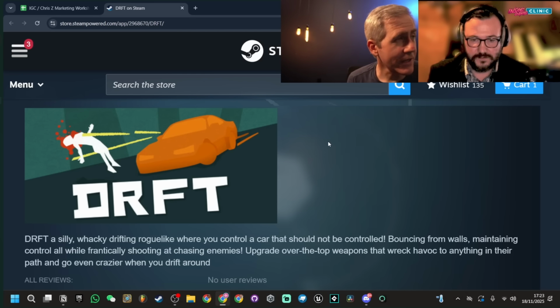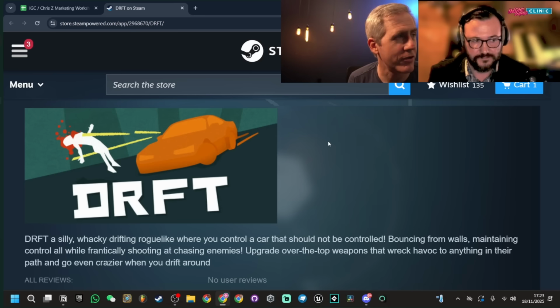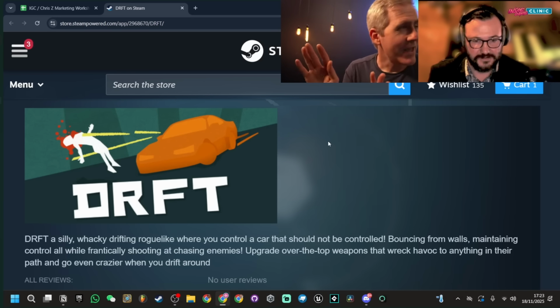So if we're just looking at the capsule, I think one of the things they originally did was their typography was a little hard to read what the letters were. Like I couldn't tell if it was an R or a B or something like that. It's a little better. I think that's good. The drift is better. The only thing is, and this is kind of a name thing.